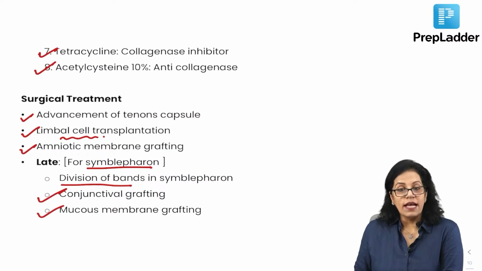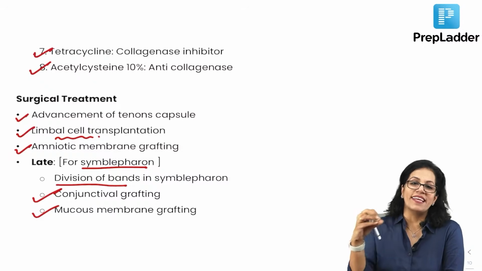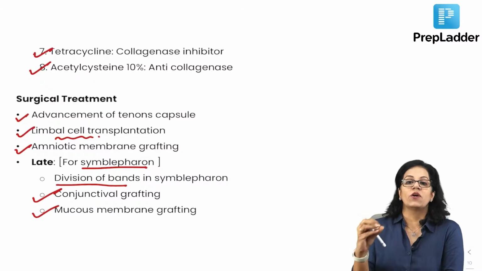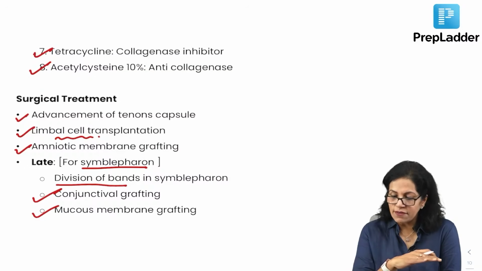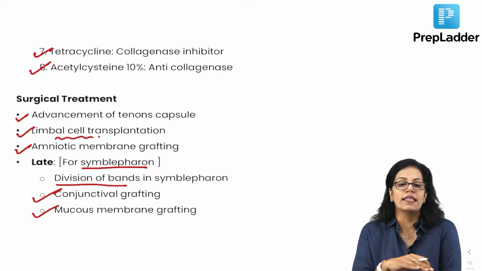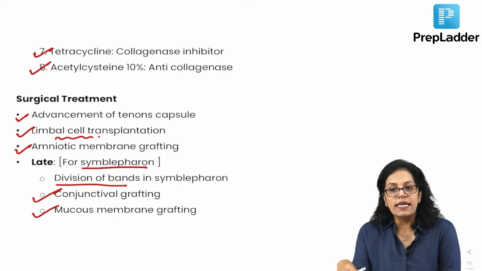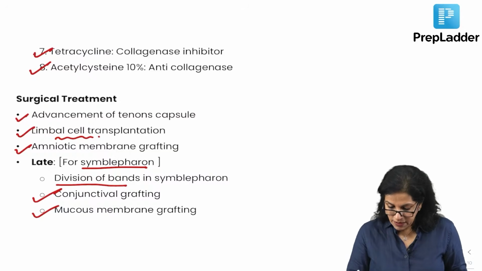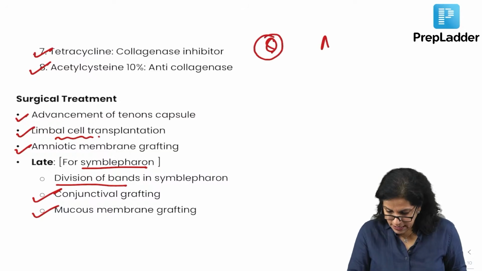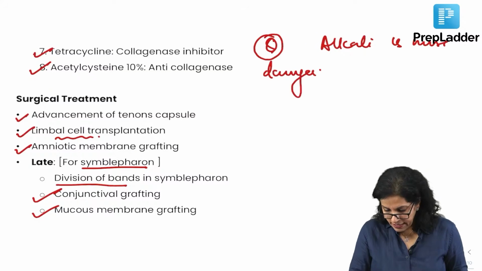Okay, and of course one more question on chemical injury. I think everybody knows which is more dangerous, alkali or acid? It's always the alkali. Why not acid, all of you? Because acid coagulates the proteins and that forms a layer, so the acid cannot go inside. But alkali can easily penetrate and go inside and cause more damage. That is why, please remember, this is another important question, that alkali is more dangerous than acid. Right. Okay.